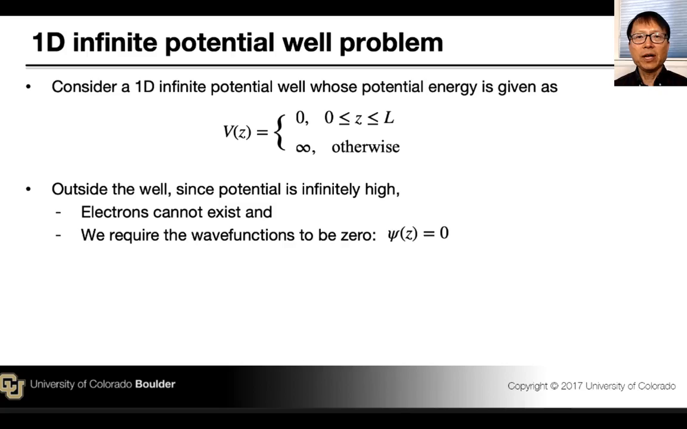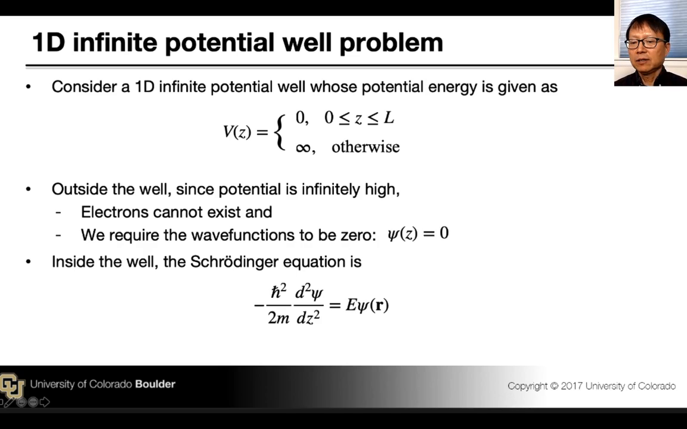Now, outside the well, if an electron is to exist in this region, then the energy must be infinite, which is unphysical, and therefore we require that electrons cannot exist outside the potential well. And because the wave function represents the probability of finding an electron, we require the wave function to be 0 outside